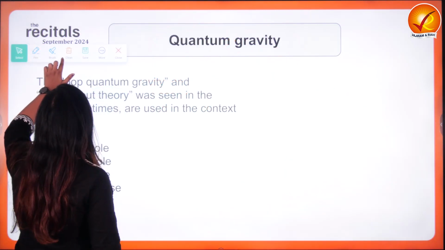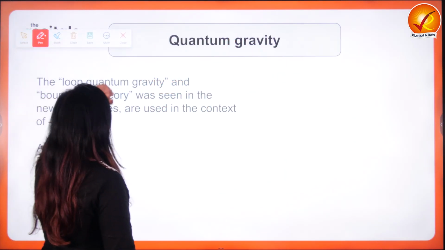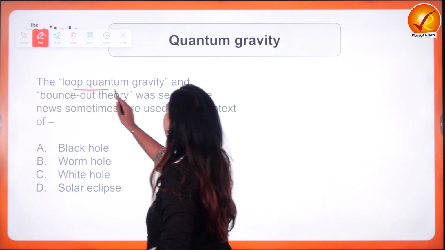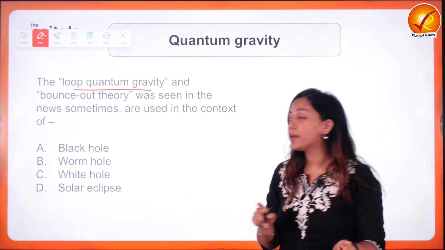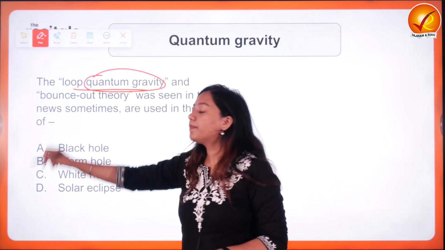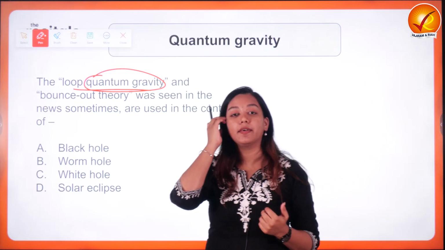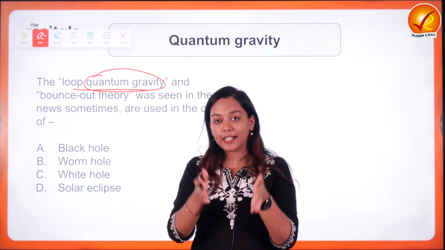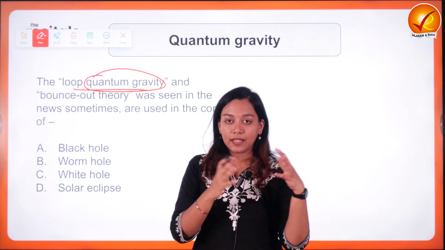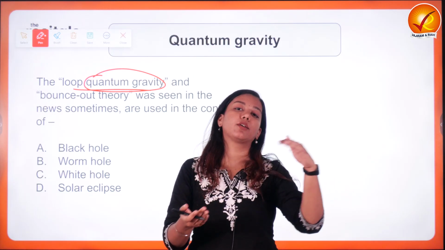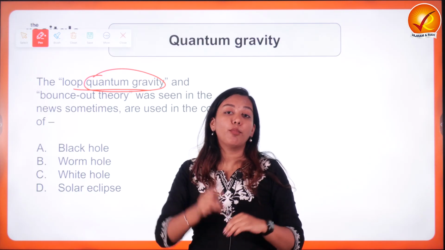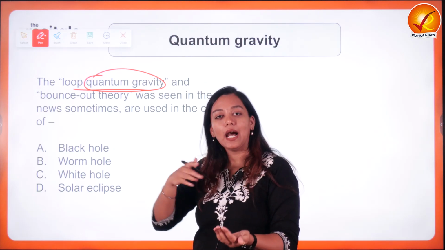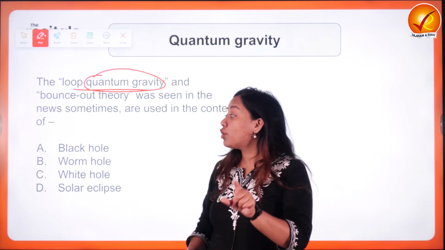Fine. Now here is a question. This will also make us acquainted with these 2 new topics, which is the loop quantum gravity. We've just now read about quantum gravity. Now some theories suggest that the phenomena where quantum gravity physics is collectively upheld correct, those spaces are not uniformly spread across the universe. It is spread in the form of loops. So there might be certain loops in which this theory would be followed, in the other loops it wouldn't be followed, right? So it is not uniformly prevalent.